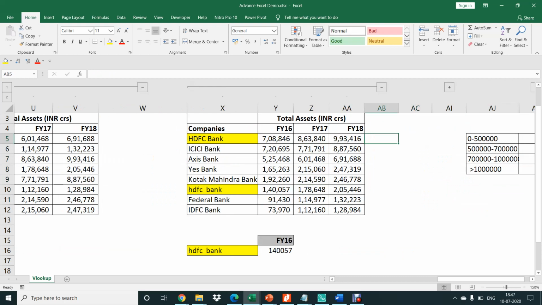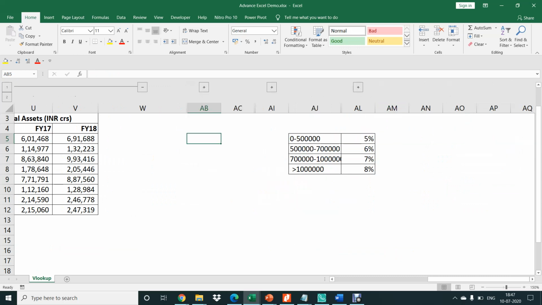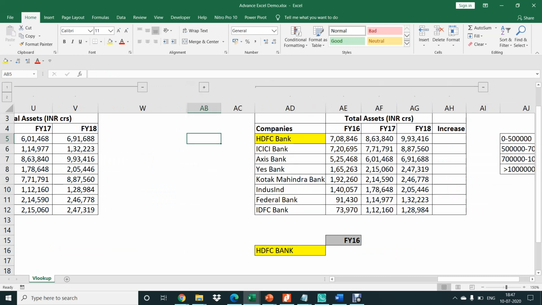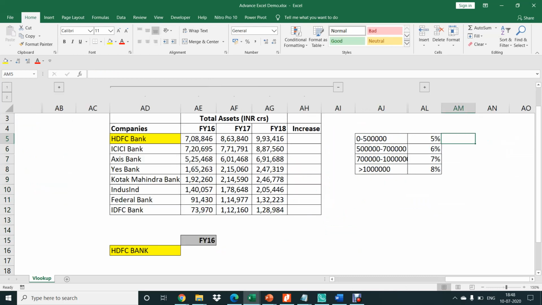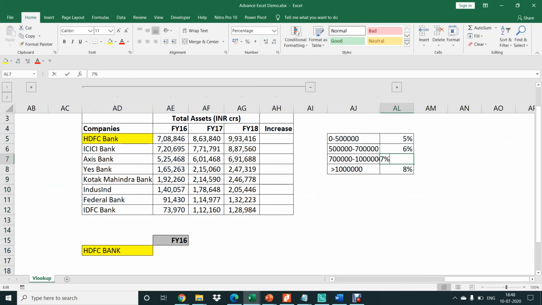Okay, one more application of VLOOKUP which I want to show you is this. Suppose you have a data set here with no identical entries, and the management says that depending upon FY18 asset values, I'm going to offer incentives or bonuses.